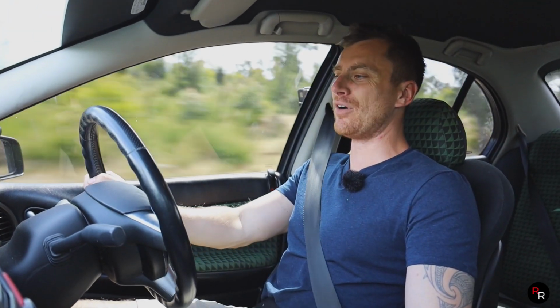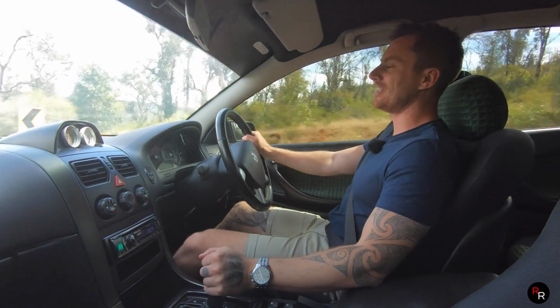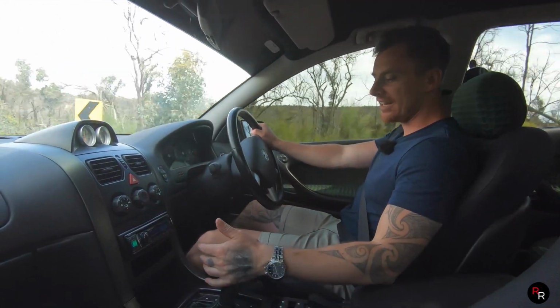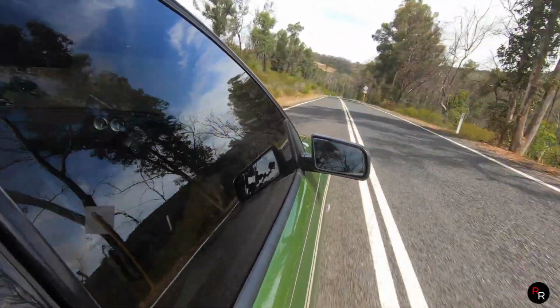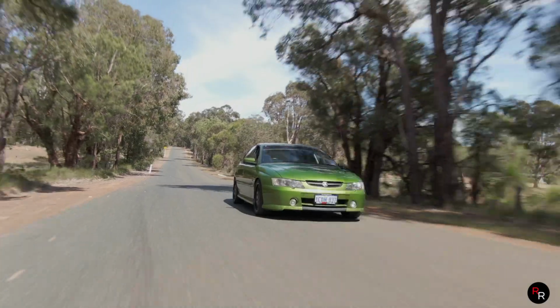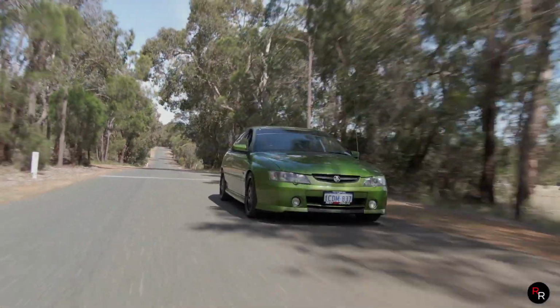Oh yeah, and when you want to have a bit of a play, you can still kind of manually run these gears a little bit, which isn't amazing to do, but you can. Drop it into second. You come around this tighter hairpin here. Load it up. It takes off nonetheless. It might be a little sweeter in a T56, but I gotta tell you guys,